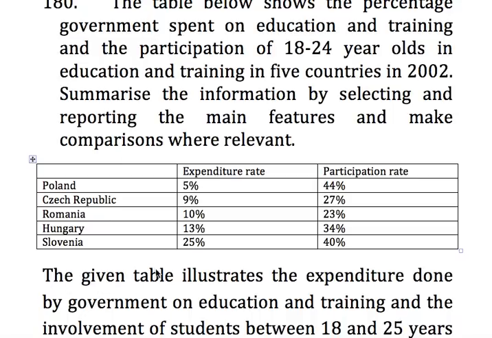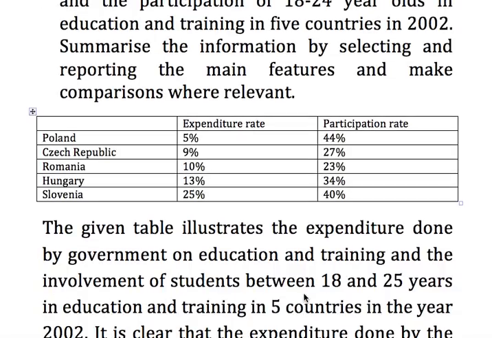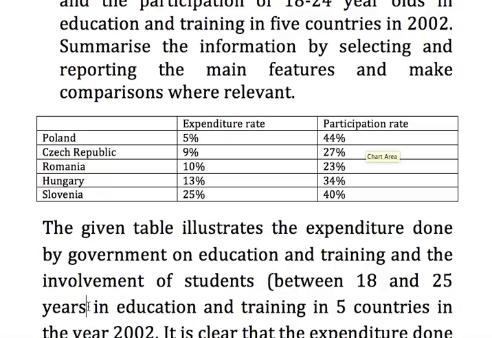The given table, instead of the word shows here, illustrates the percentage government spent, the expenditure done by government. So the word expenditure has been taken from the graph on education and training, and the involvement of students. Participation is involvement of students between 18 and 25 years in education and training in 5 countries in the year 2002. So this I can put within the brackets because without this the sentence will still make sense,